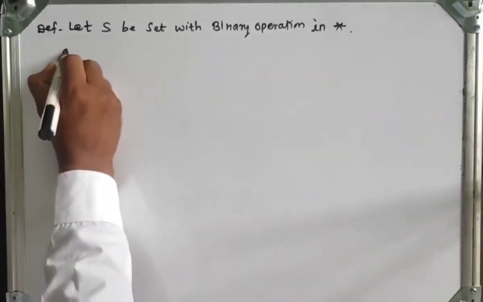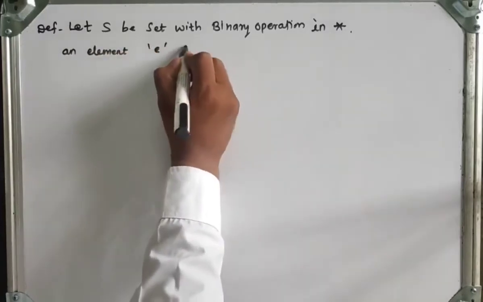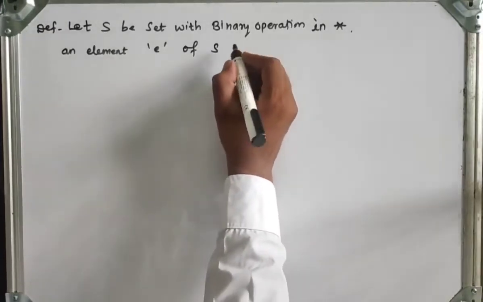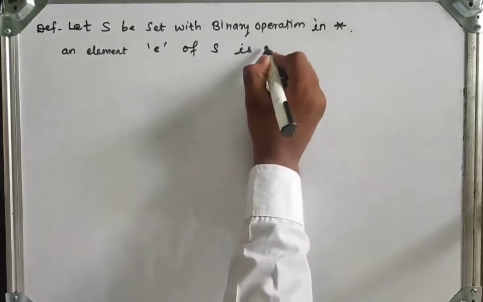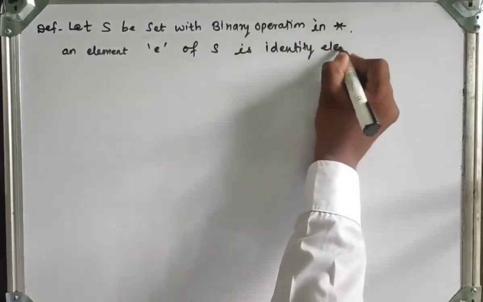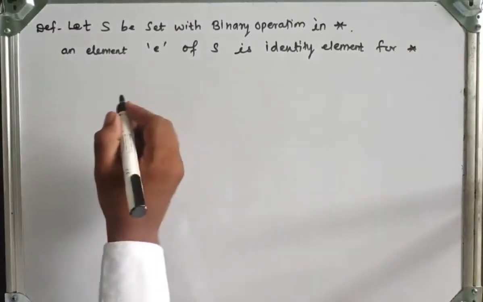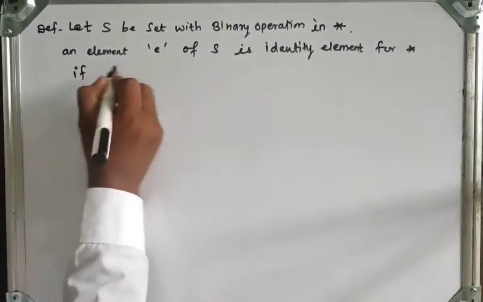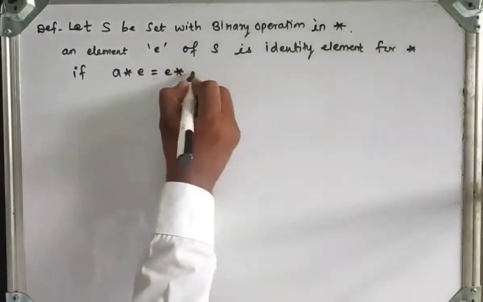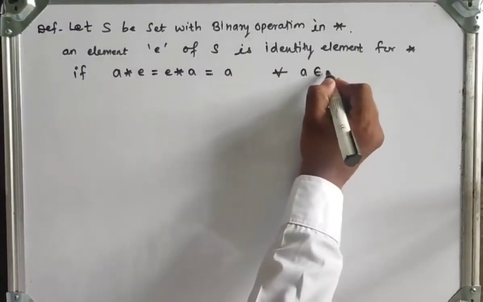An element E of set S is identity element for operation star if A star E is equal to E star A is equal to A for all A belongs to set